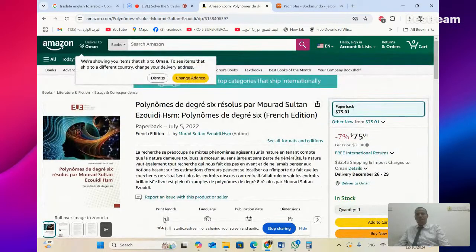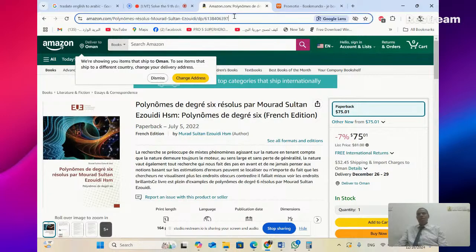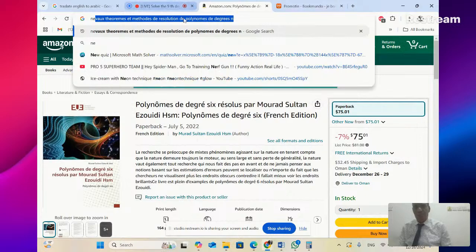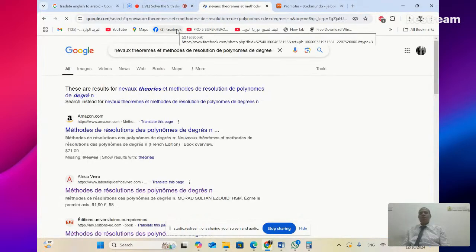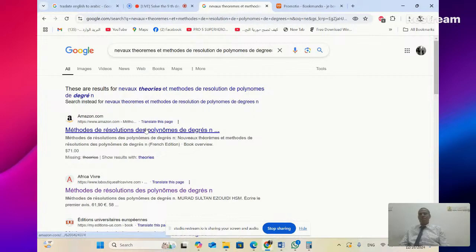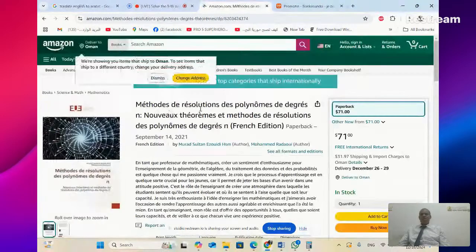Okay, also we have the theory of Mr. Moscow, really what I wrote in French. Nouveau, a new theorem, in French, new theorem and solving to the power n. In French, méthode de résolution des polynomiaux degré n, nouveau théorème et méthode de résolution des polynomiaux degré n, in